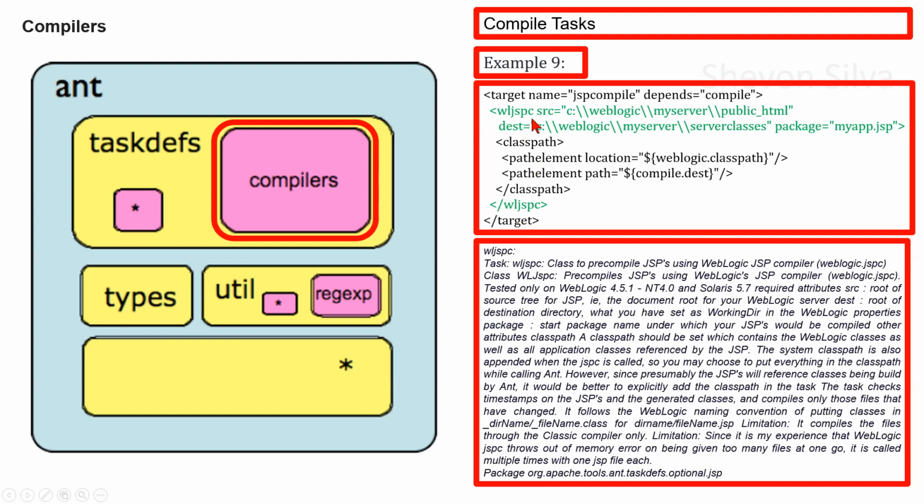Now we are considering WLJSPC. Task WLJSPC is a class to precompile JSPs using the WebLogic JSP compiler, WebLogic JSPC. With regard to the API, the class WLJSPC precompiles JSPs using WebLogic's JSP compiler,